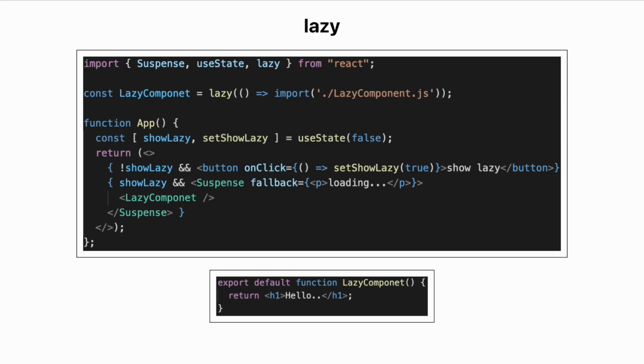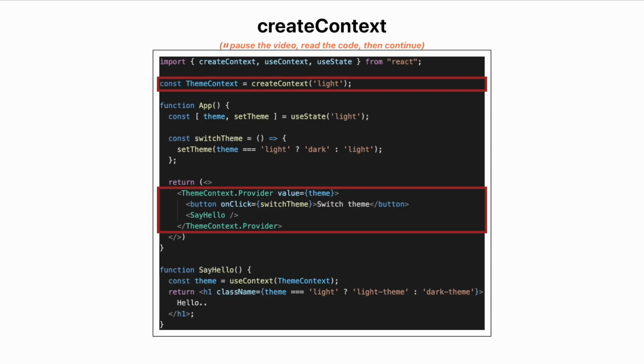Well said. Next, the createContext API. createContext returns a context object that can be used to provide value to the context and read value from the context. While calling createContext, we pass a default value. This default value is used only when there is no provider for the consuming component. A component can provide a value to the context with a Provider JSX tag with a value attribute. Any child component, regardless of how many levels deep it is nested, will receive the context value using the useContext hook or the use API.